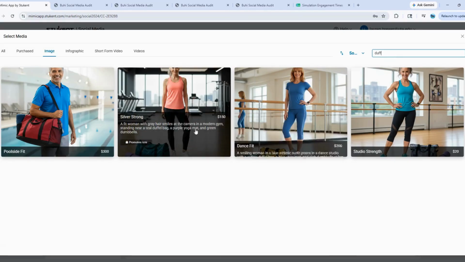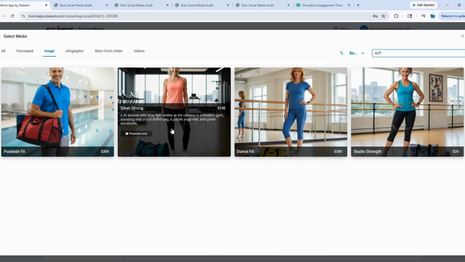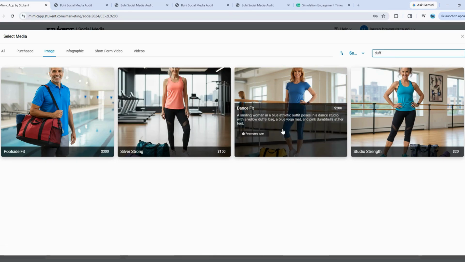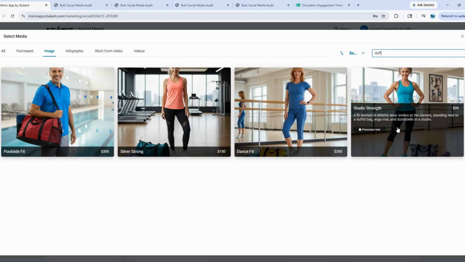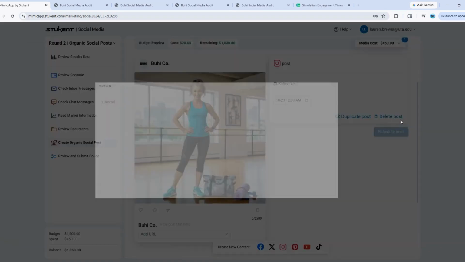So let's see, we've got this option. We have this choice and we have this one. I'm going to select this image because of the price. So in the last video, we selected 3 visuals that were all high dollar, and I want to select a visual that has a little bit low dollar to show how the budget kind of changes. And then this way it also gives us a chance to see, might there be any difference in impressions or revenue based on the price of our visual. So we will pick this one.